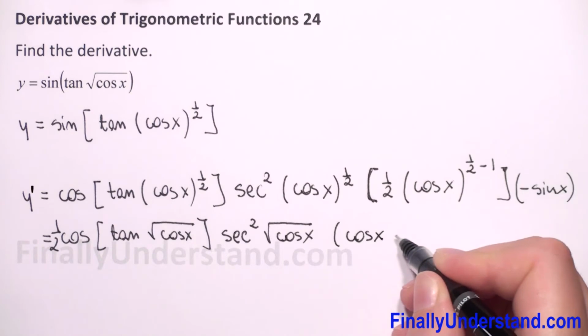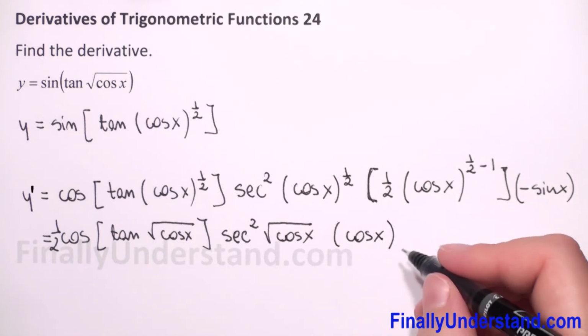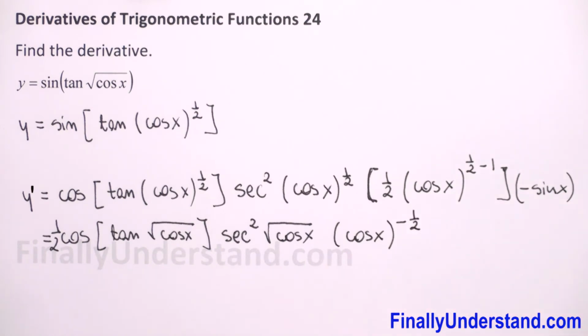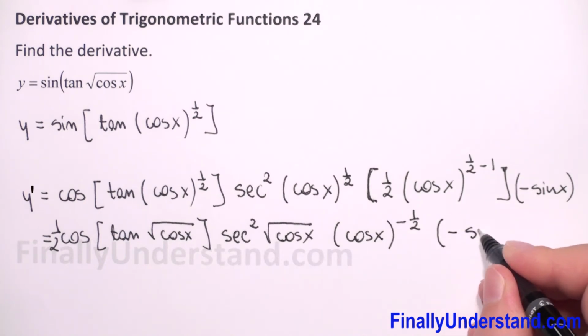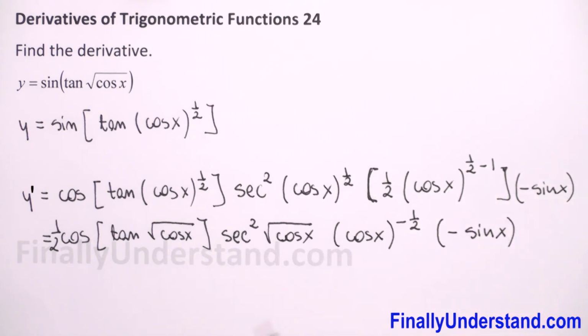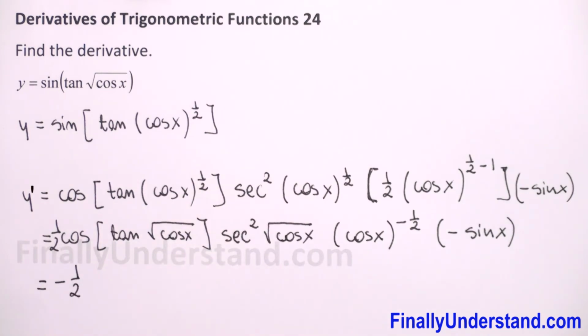And here we have cosine of x to power 1/2 minus 1, which is negative 1/2, times negative sine of x. We have positive times negative, so it will be negative 1/2, and we have a negative power here, so it means this whole expression we will take down to the denominator, and because the power is 1/2, it will be square root of cosine